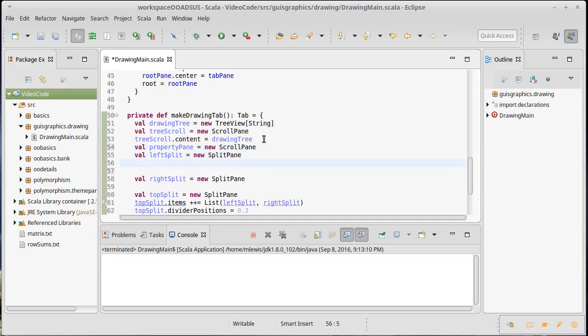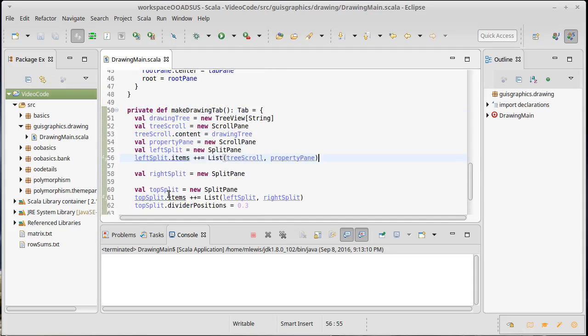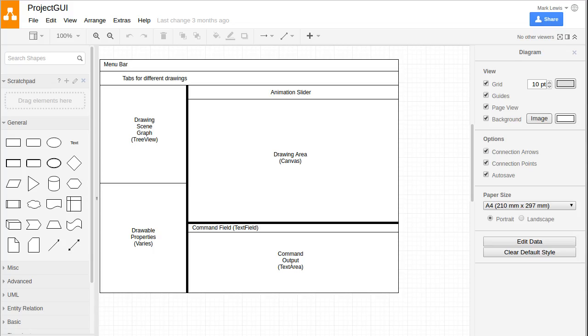So then we make the split, and the split needs to have those two items put into it. So left split dot items plus plus equals a list of the tree scroll and the property pane. Now, as I'm doing this, you might wonder, how do we know all of these things that we can do? How do we know that we can do dot items and dot content and stuff like that? And remember that if you go to